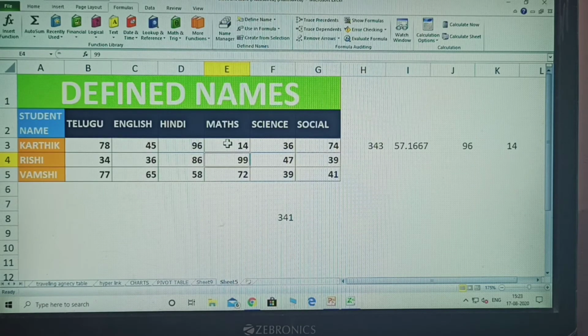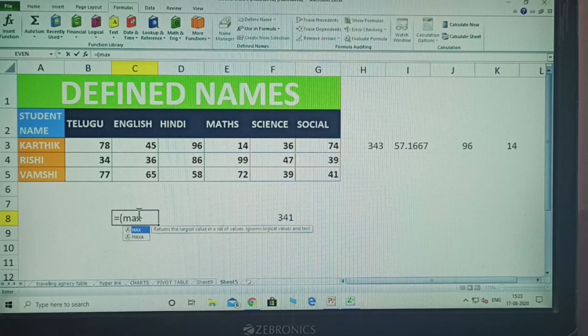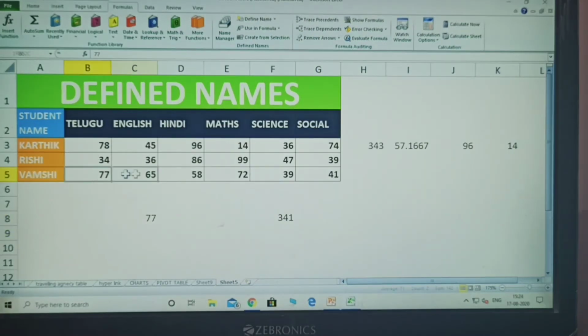Understood. Next, I am clicking here, equal to maximum. Maximum number of which person? Vamsi. Tap that one, close that, click. This one was not accepted.